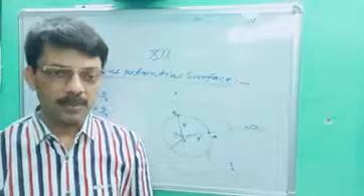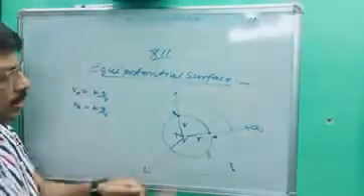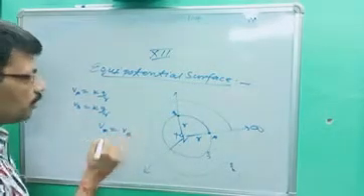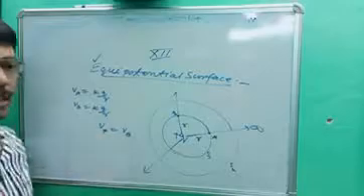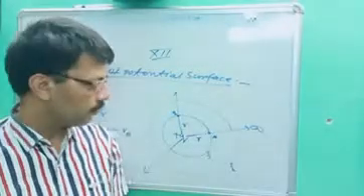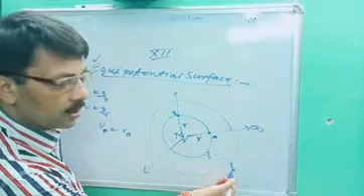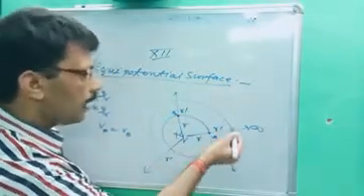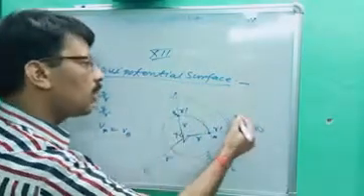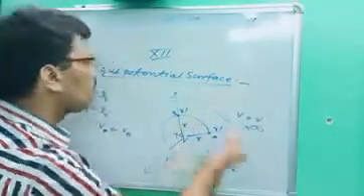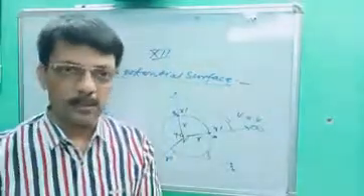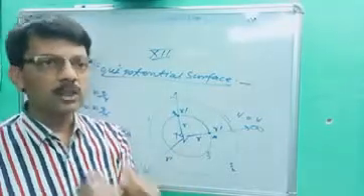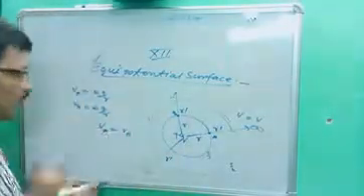So what is an equipotential surface? The surface at each point of which potential is equal, as like VA is equal to VB. Such a type of surface is called an equipotential surface. Similarly, if we think about surface S2, and let's suppose the distance is R dash, at each point of that surface the potential is also equal. That's why it is also called an equipotential surface. We can select any surface on which whatever point is there, its potential will be the same.